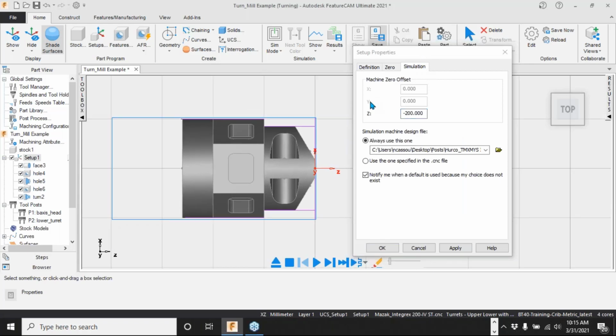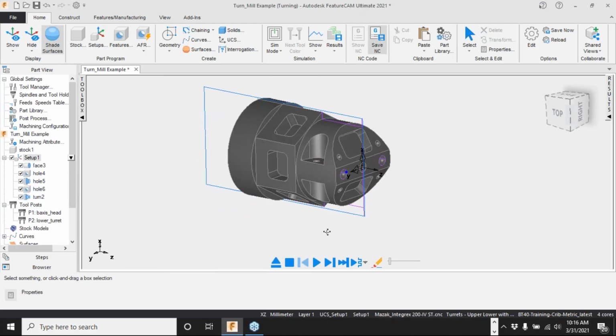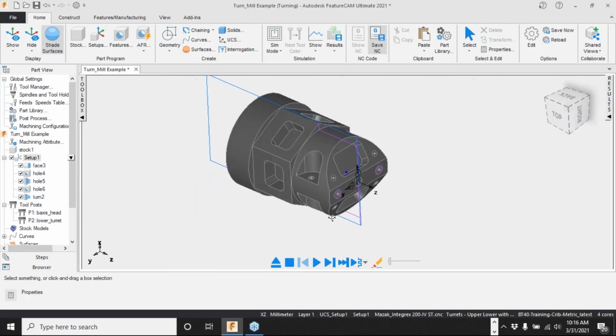And also in simulation, if we have a machine file that we want to use for simulation, we have that option as well. So I wanted to back up there and show you how easy it is to set a part up and to define some of those parameters. So getting back to our